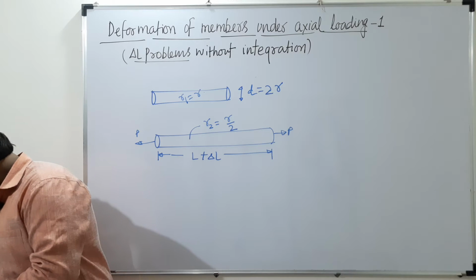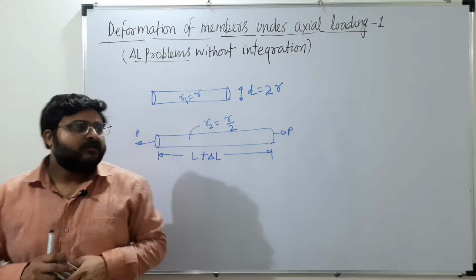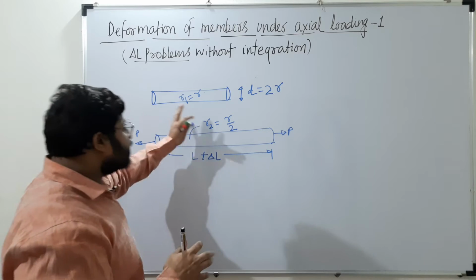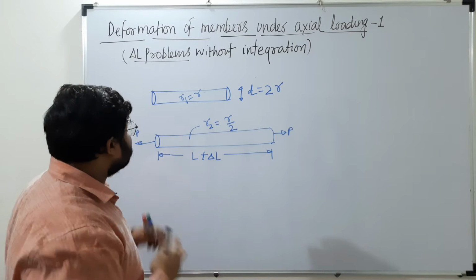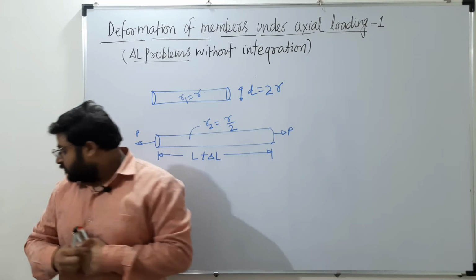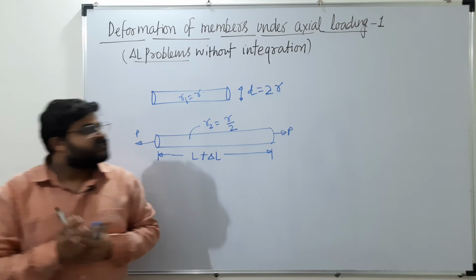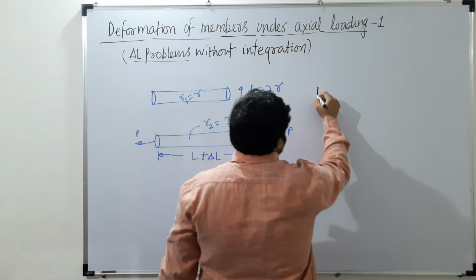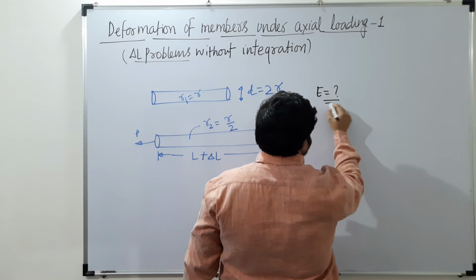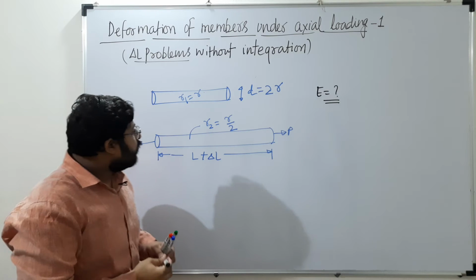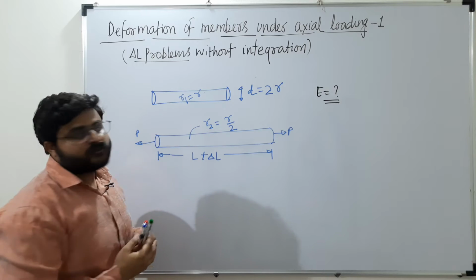Here we just need to think of it that this is the data given. I am just telling you this is the data given. Now what are they asking? They are asking the modulus of elasticity of the wire will be. So basically they are asking about the E value. So all this data which they have given is to confuse you.